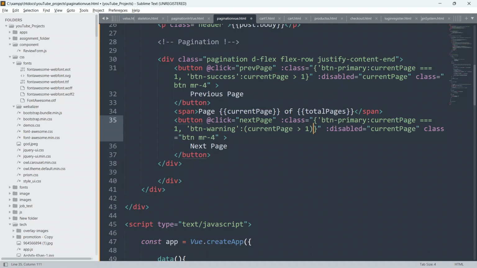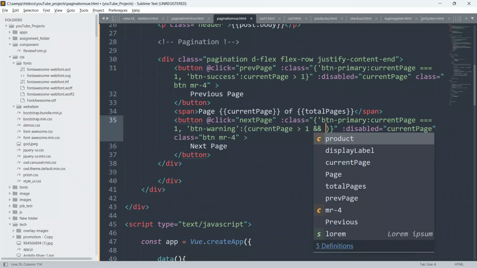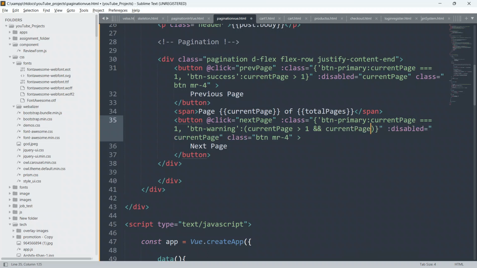So I'll say here btn warning if current page is greater than 1, and if current page is less than or equal to 10.